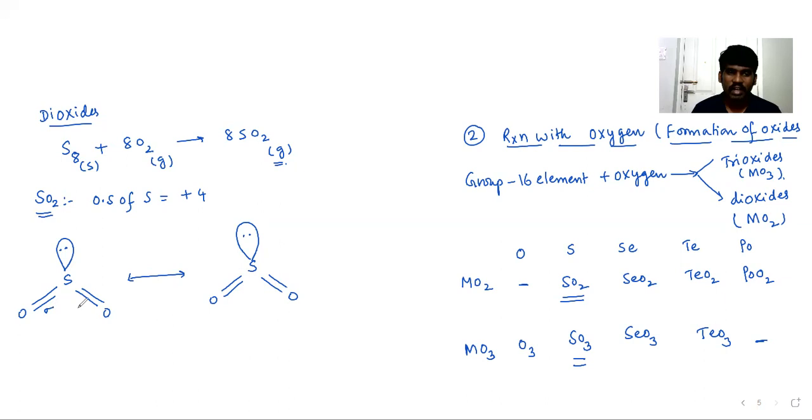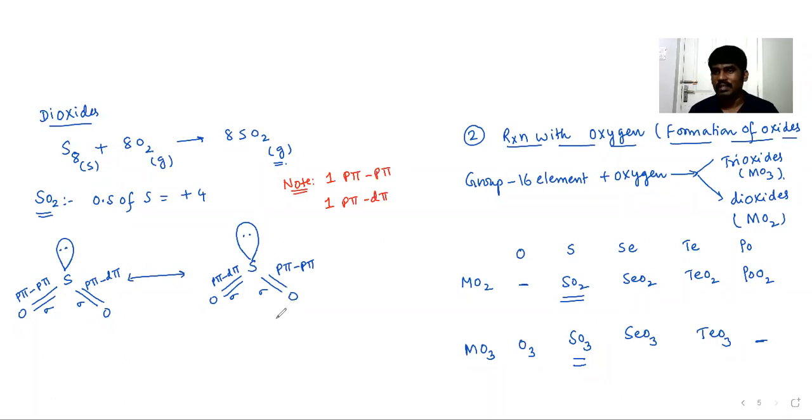Observe it carefully. It is sigma, sigma, sigma, sigma. But this pi, it is p pi bond. But this pi, p pi d pi bond. This pi, p pi d pi now interchanged, delocalized. So now this pi becomes p pi, p pi. A very, very important point for SO2. SO2 molecule has how many p pi bonds? In the sense, one p pi bond and one p pi d pi bond.